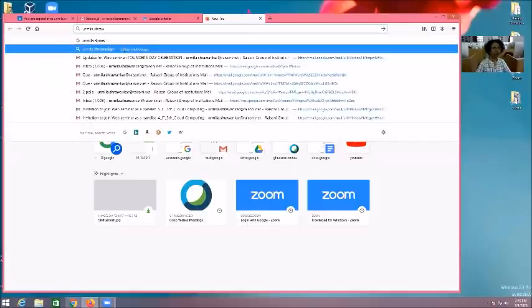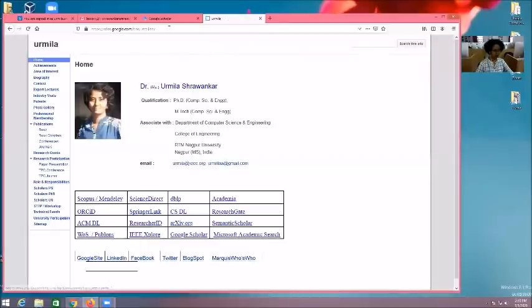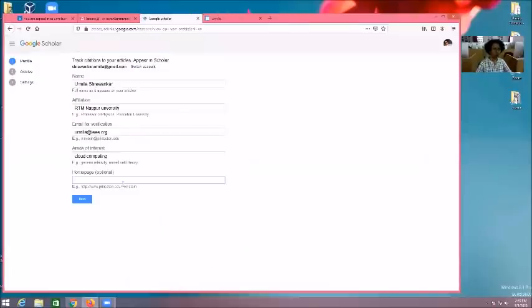I will search for my home page. Yes, it is available. Then I will copy that home page address from here and paste it. So your homepage address is also linked with your Google Scholar profile. That is the advantage.